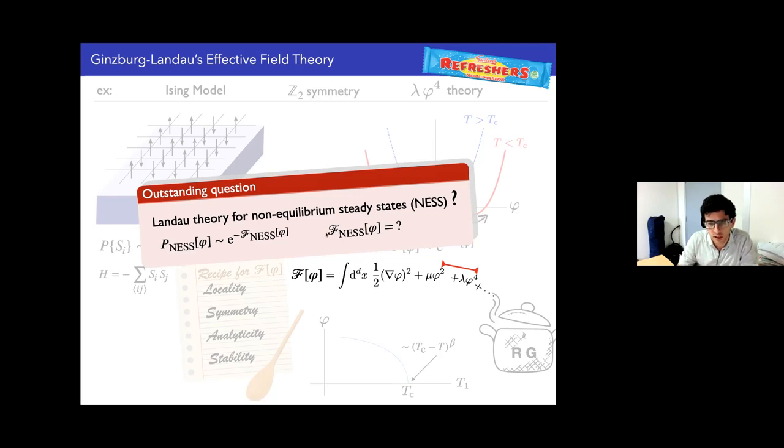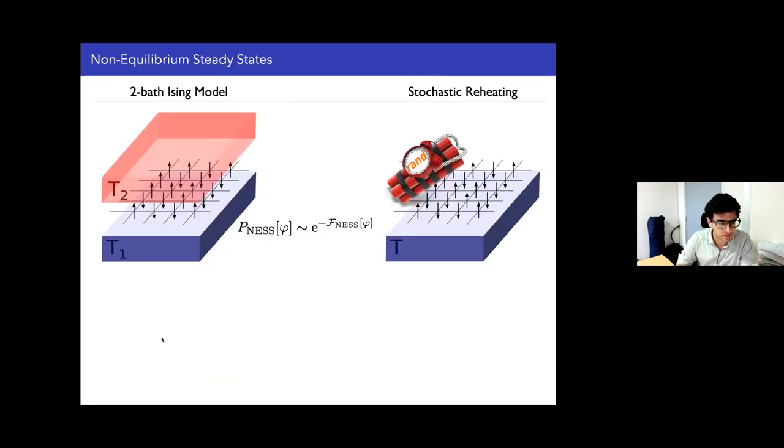I will consider non-equilibrium steady states, those states that are non-equilibrium but still time-translation invariant, right? And I will even work in a subclass of non-equilibrium steady states, those that are isotropic, homogeneous, and without any current threading through the system. So let me give you two examples of what I have in mind. On the left-hand side here, you have a simple Ising model which is coupled to two different baths at two different temperatures and maybe two different energy spectra. So this is going to drive this Ising model out of equilibrium, and it's going to reach a non-equilibrium steady state.